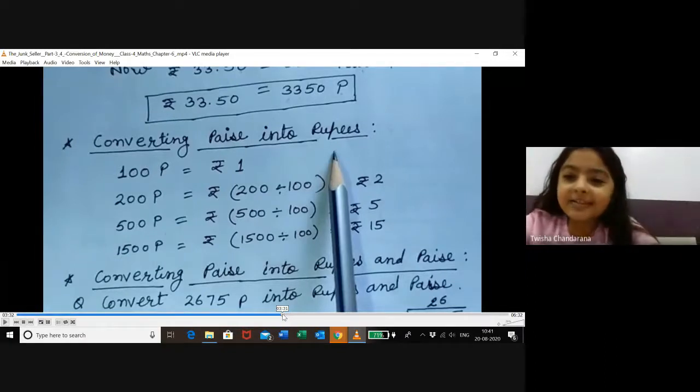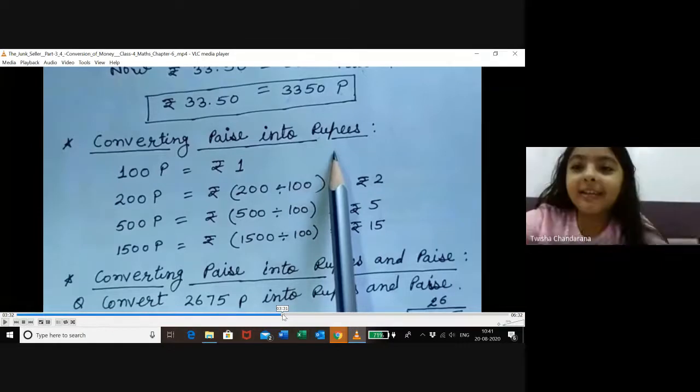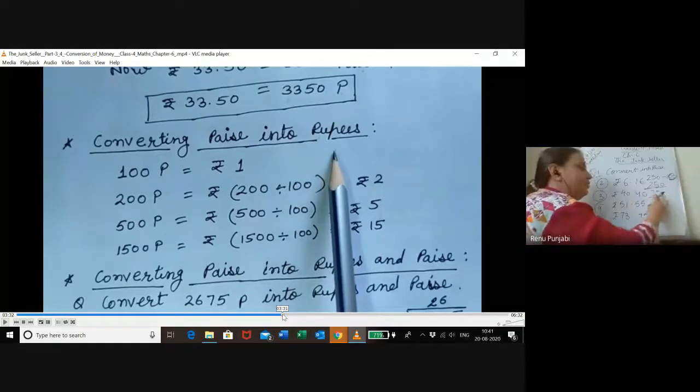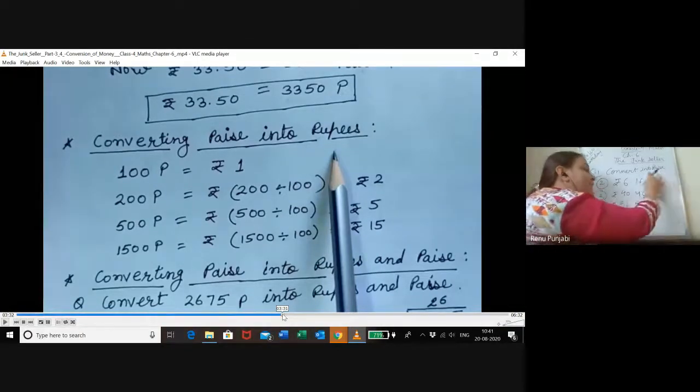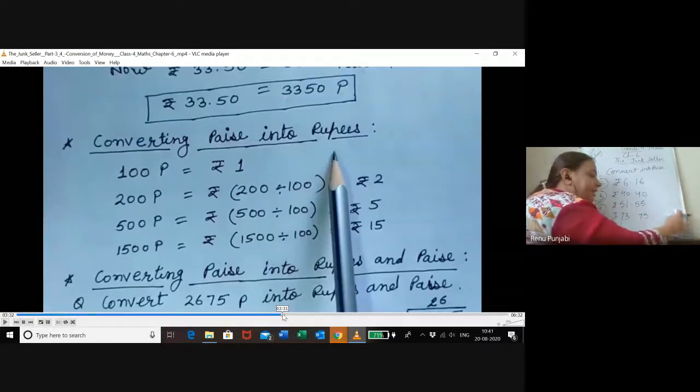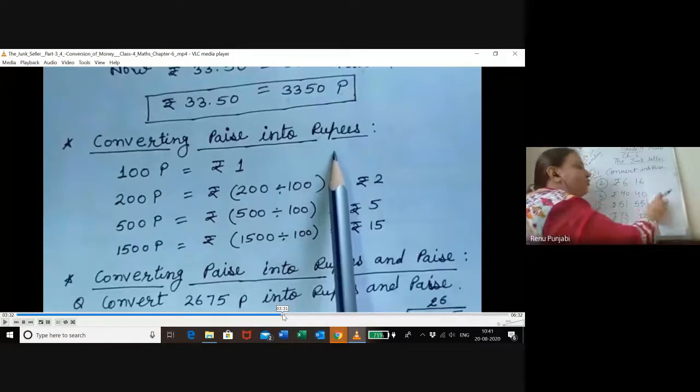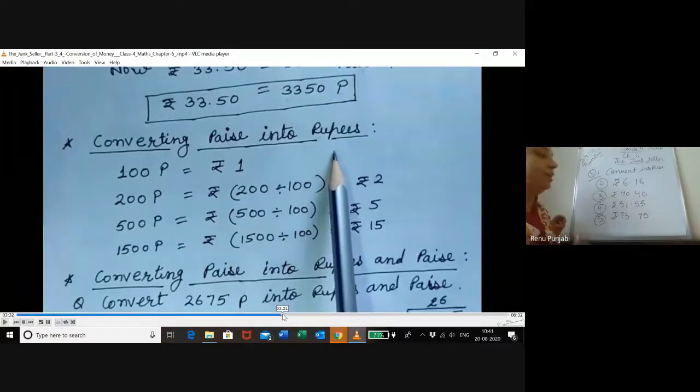Yes, then division is very easy for converting. If you want to do it with the long division method, then also the answer will be the same. You divide it and get the answer. If you want to do it directly in the fill in the blanks, true, false, match the columns, you can do it in this way also directly.